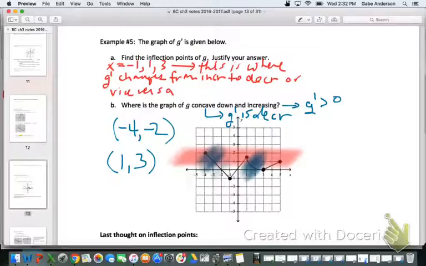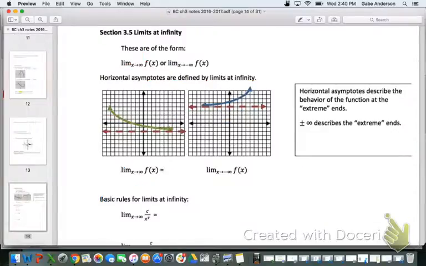We good? Okay. So you could say there, because G prime is positive and decreasing on those intervals. G prime is positive and decreasing at the same time. All right, we hanging in there? Okay, cool. All right, I think to say limits at